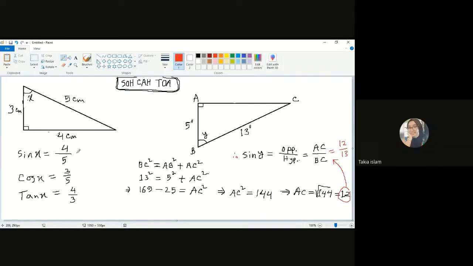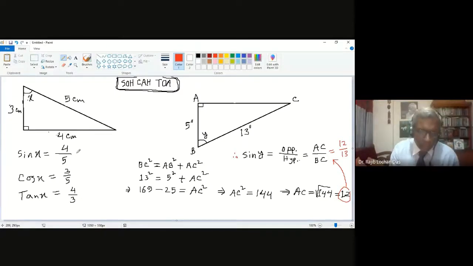It will be 0.8, right? So 0.8 is the sin x value. Now I want to find the x value. X value means the angle. X is the angle. So if you have sin x equal to 0.8, in the next line you can write,